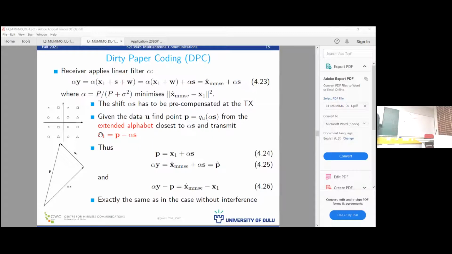Okay, so given that p equals x1 plus alpha S, then alpha y, the scaled output, we can declare to be the estimate p hat. It's just x1 plus the scaled noise. So this is the estimate of p. So now if we look at the difference between